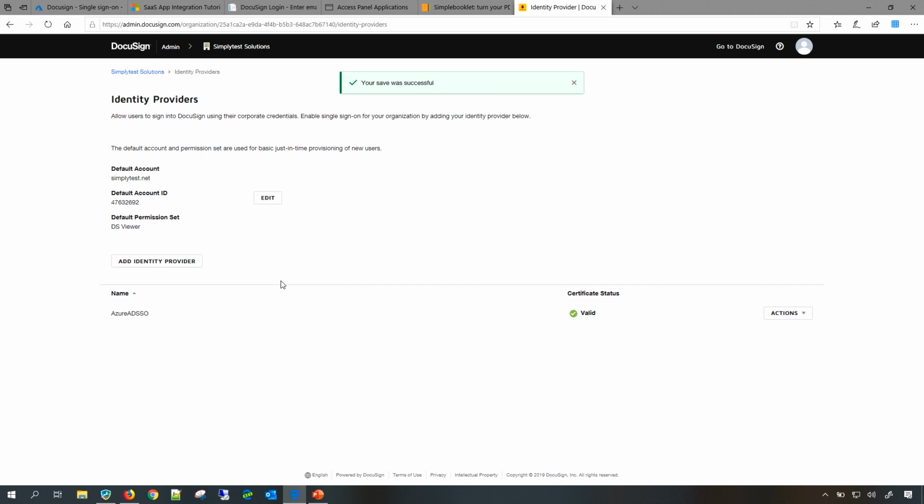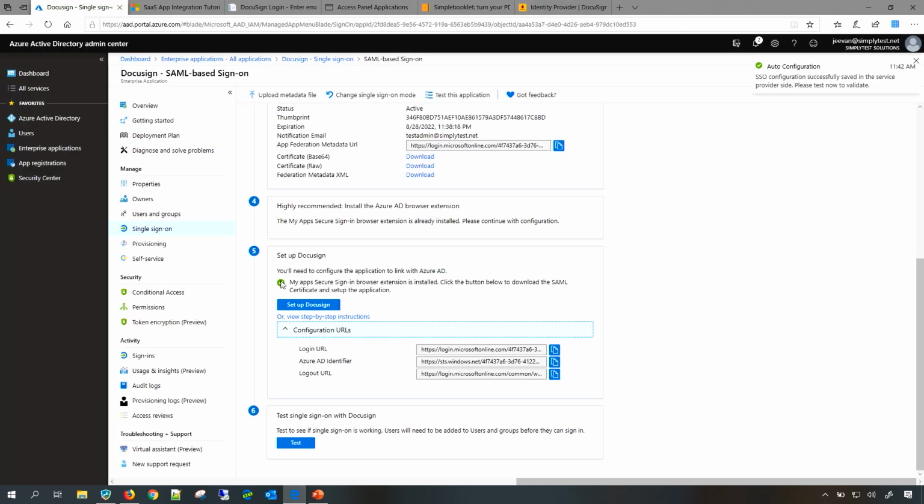The next thing that happens is it automatically switches back to my Azure Active Directory portal. It gives me a message saying that auto configuration is complete, and I can now test the single sign-on experience. So the one-click single sign-on, as I said, gives you the ability to automatically configure single sign-on for that app. Today we have 50 plus applications, and we are looking towards hundreds of applications like this, through which you can do one-click single sign-on. And if the application is enabled for one-click single sign-on, you will see that button appearing over here.